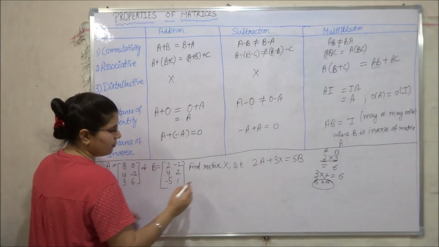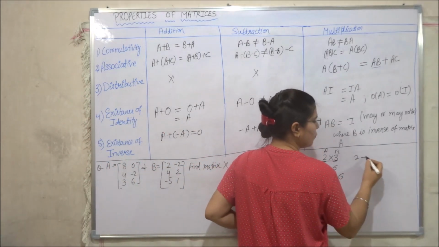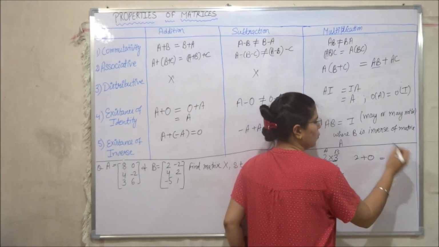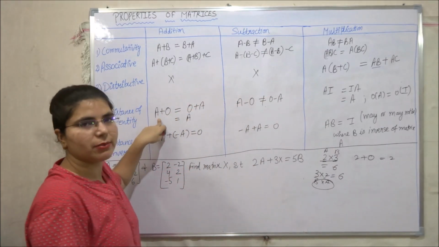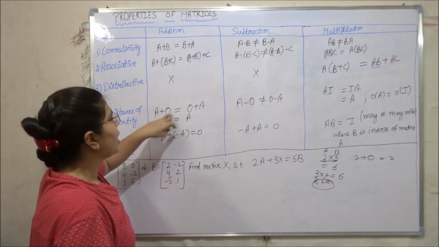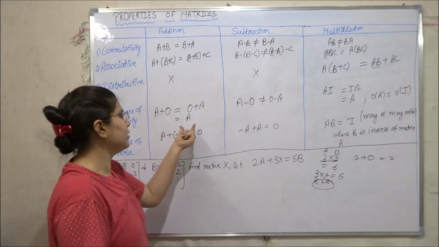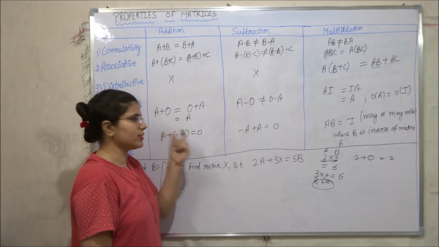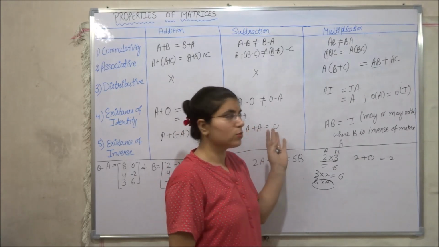That is, if we are taking any number, that is 2, then when we add 0 to the number 2, we will obtain 2. In a similar case will be with the matrix. If we are considering any matrix A, when we add this matrix with the 0 matrix and when we add 0 matrix with the A matrix, then the result we obtained will be matrix A. So under addition, identity will be 0 matrix. But in case of subtraction, this property does not hold good.